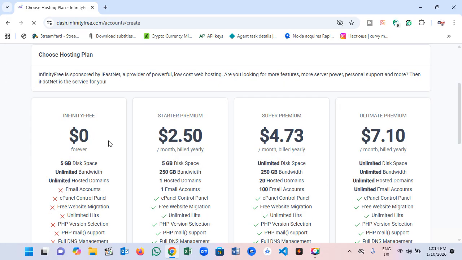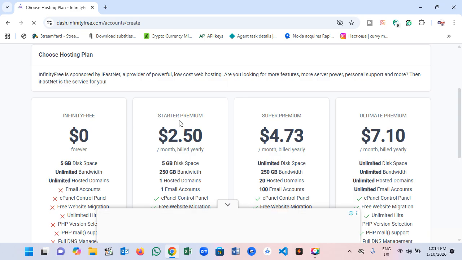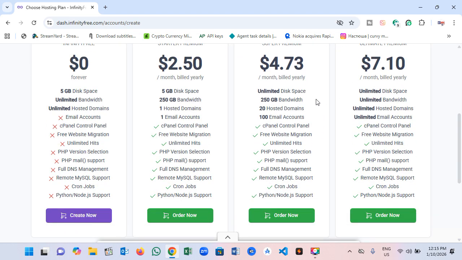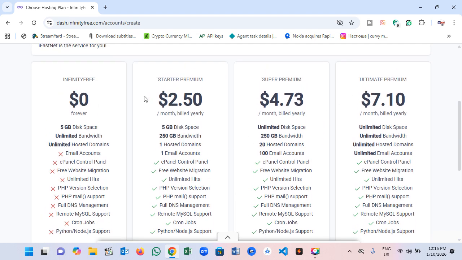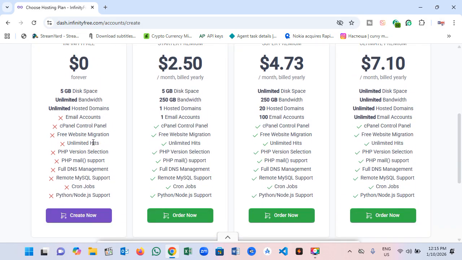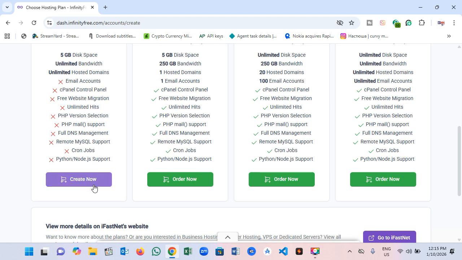You can see this is InfinityFree, and here you can see the starter plan, and super and ultimate premium. These are all the plans for this web hosting. Since it's free hosting, as I said, you can do the same thing so that you train with me and make sure you get it right. Okay, so here you click on create,